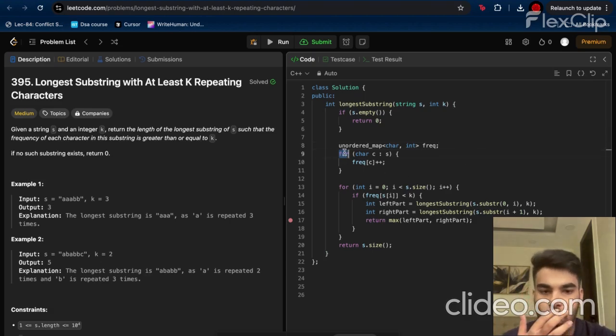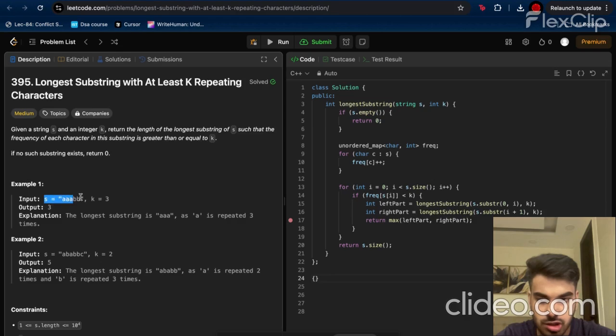So this again is a for loop that I told you guys, that we can basically just see what it is doing. C is nothing but a variable that I have taken as a character because this is a string of characters. It is iterating in the string S, and it will increment one by one because we have not given any external increment here. And basically in the map it is doing something like this. For example, this is the map, right? So if it was traversing this string,